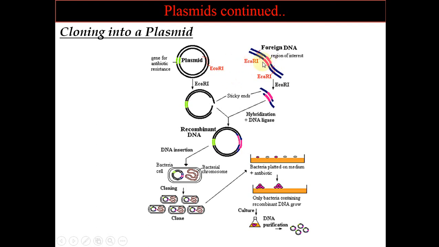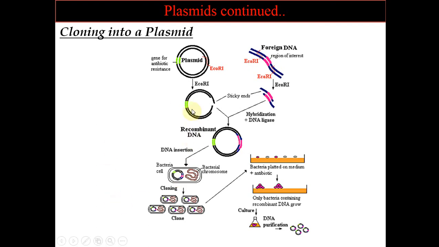So here, for cutting open both DNAs, vector DNA and this foreign DNA, the same enzyme is used, EcoR1. Which sequence is recognized by EcoR1? It is GAATTC. We have to remember at least 5 restriction enzyme names with their recognition sequence and cut site or